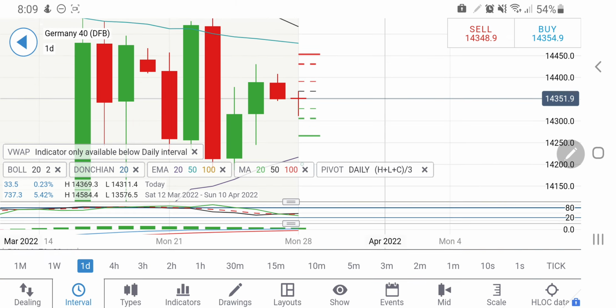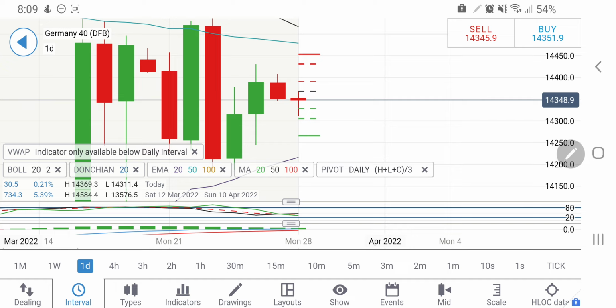So yes, one can expect a rise till 14400, 14440. And from there again it may try to come back down, and hence a possible no-trade zone between 14300 and 14450 exists. Any rise above 14450, one can remain long for 14500, and beyond 14500, it is definitely going to fly strongly on the upside. On the downside, if it breaks 14300, there is a little support at 14250 that should come into the picture, and then 14200.